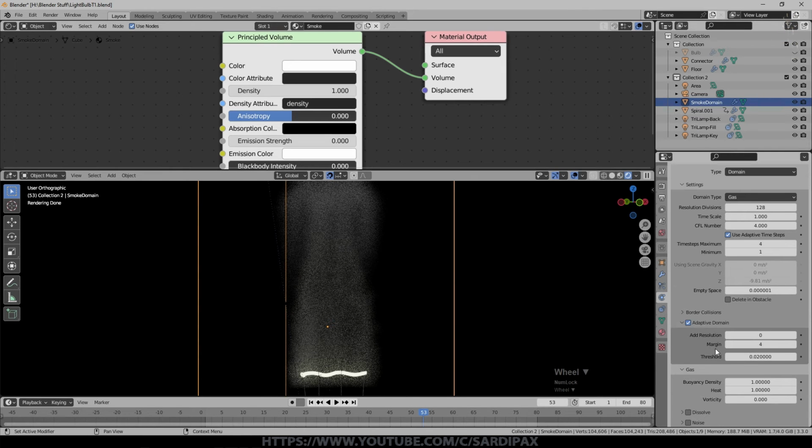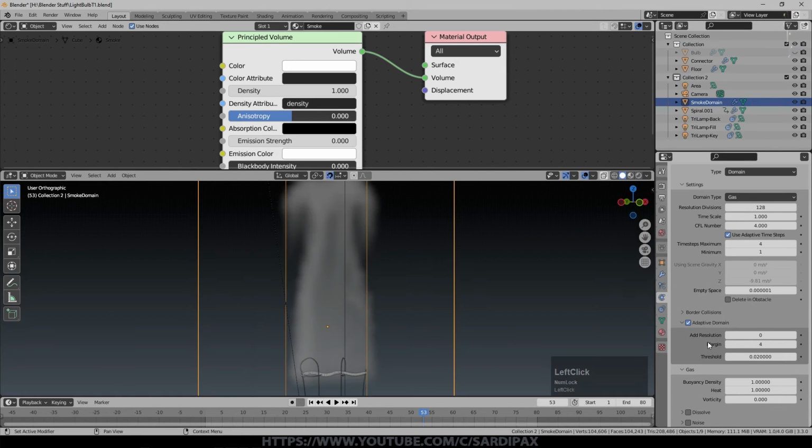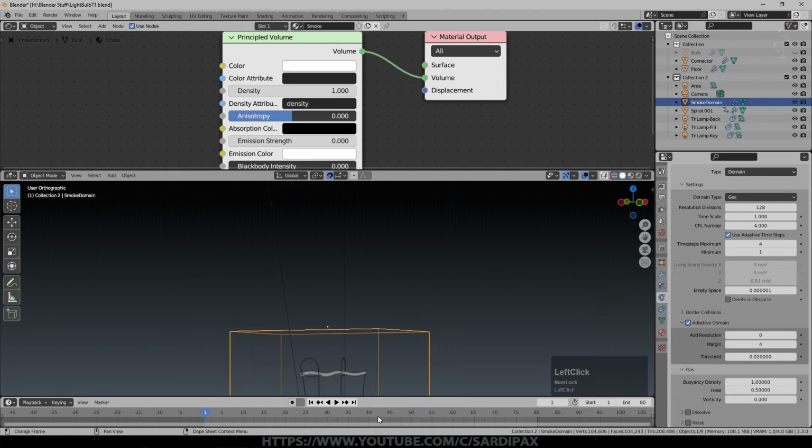So next we're going to come down here and we will just slow the smoke rising down a little bit. So basically this heat will affect how quickly the smoke rises, and although this is obviously very hot, I wanted it to be a sort of more subtle rise, so I put 0.5 there. It's going to rise more slowly. And under vorticity you can really make it very messy with this, so I put a very small amount of vorticity on it, which just obviously makes the smoke curl and what have you more. So let's see if that's made any changes.